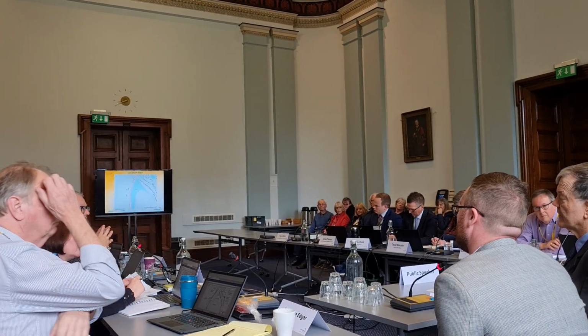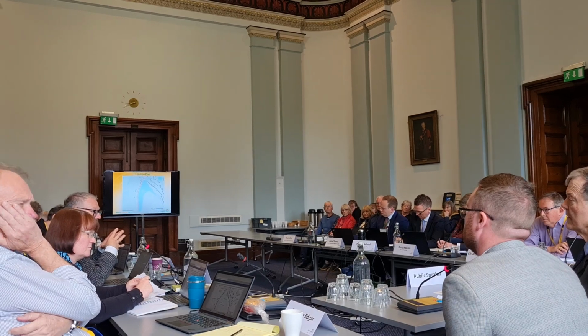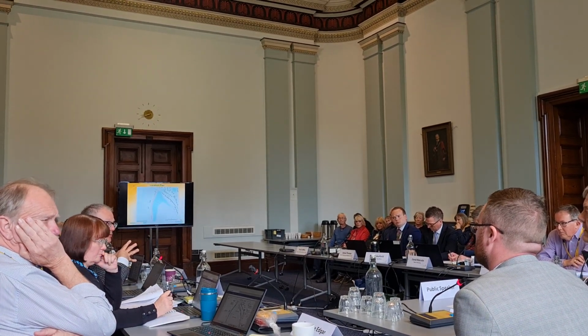So your design flood and the safety check flood vary with those. So there isn't a one-size-fits-all. If Cheshire East or some of the farmer built a housing estate immediately downstream of the dam, it would become category A and the spillway would have to be upgraded. But where we are at the moment, with the current situation downstream, it's category B, and we've selected the two floods for that category. So the categorisation is determined by the potential deaths that might be caused by breach,